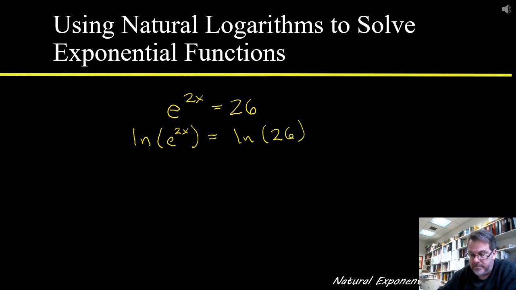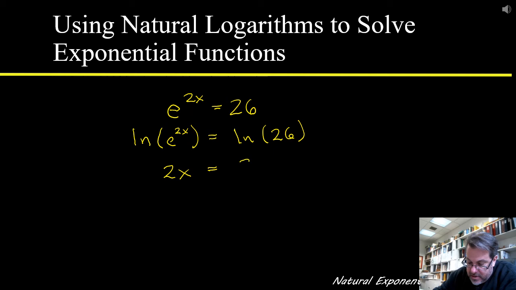All right. So as we just saw on the previous slide, if you take the log of e raised to some power, you just get that power because the power comes out and natural log of e is 1. So this will give us 2x equals the log of 26,